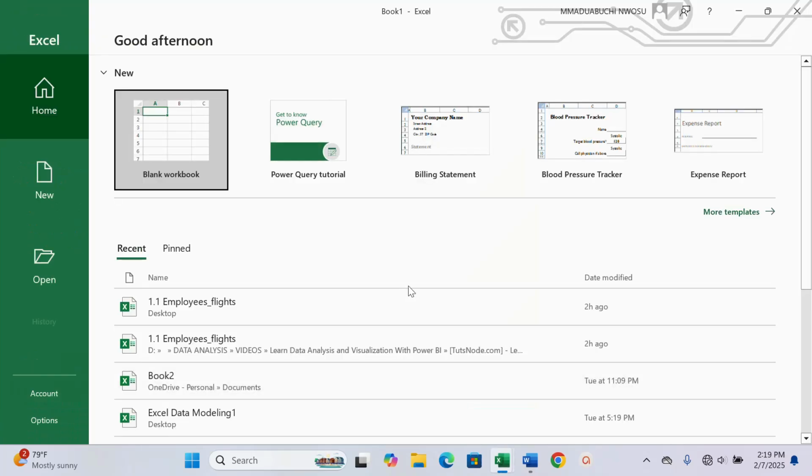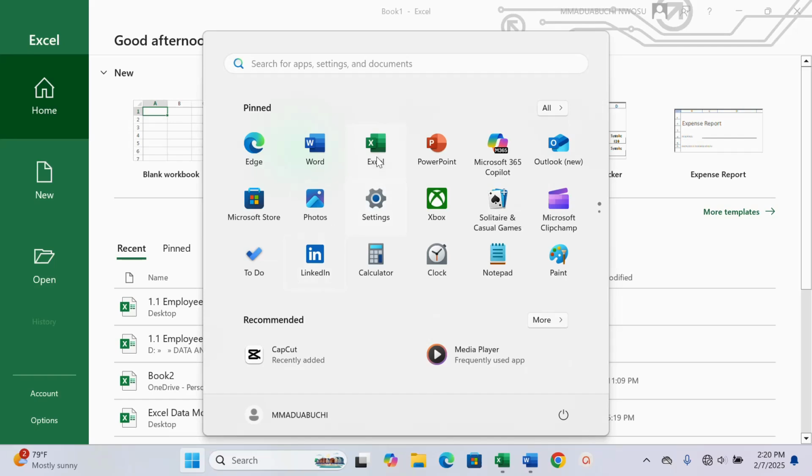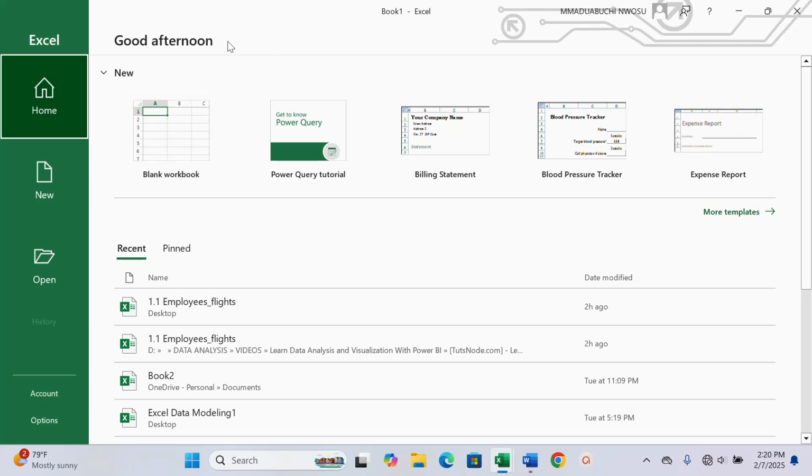When you come to your computer, you go to search, like Windows, you click on Microsoft Excel here. It will lead you to this template greeting you, and depending on the location you are watching from, it will give you the greeting of the time, GMT time from that location. Now you get to know